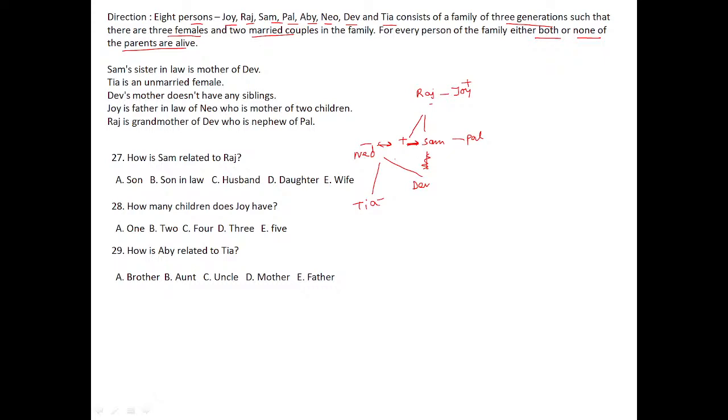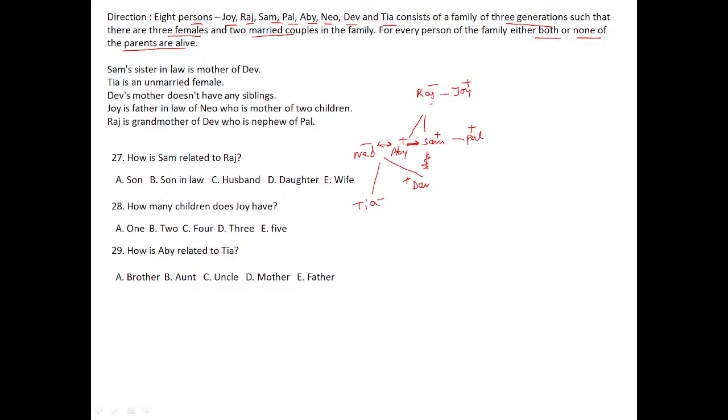Okay, Raj is the grandmother of Dev, who is the nephew of Paul. Now Sam's sister-in-law is the mother of Dev. So Sam's sister-in-law is Neo here. Tia is an unmarried female. So one person is left here, that is Abby. Now it's saying that only 3 females are there. So Raj should be female, and Tia is female, so the rest are all male, right? Okay,